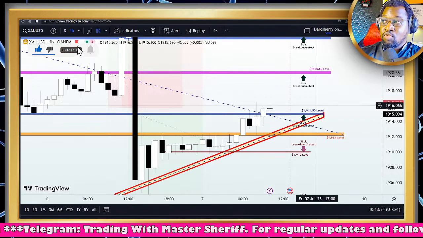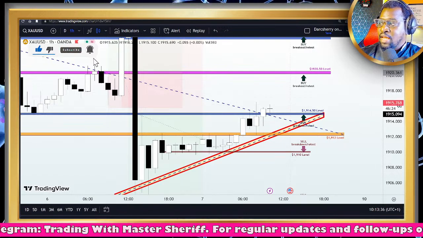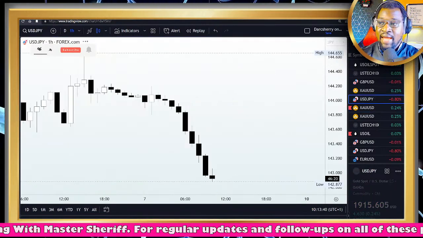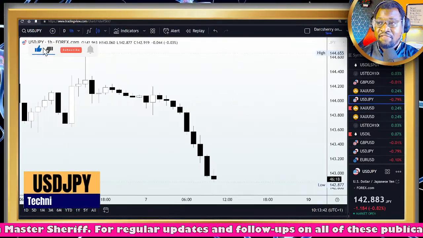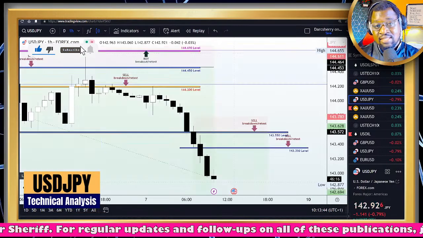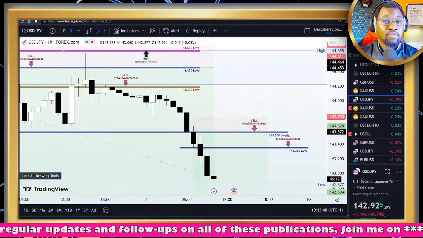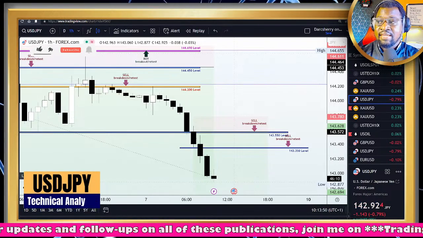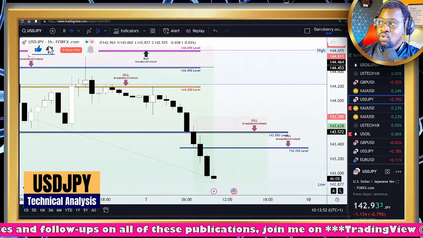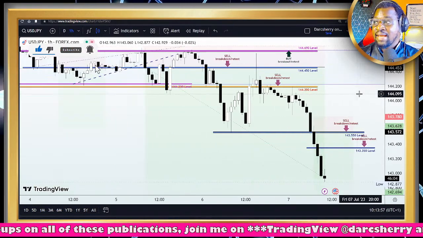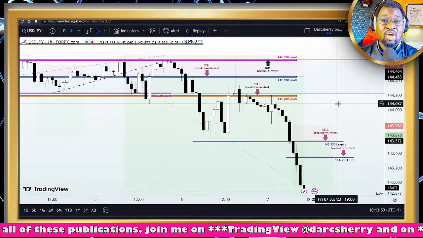So we shall be moving right into the last instrument on our watch list for the week, which is the USDJPY. And in fact, in the last 24 hours in this market, the USDJPY is the most simple and most profitable trade for us in this community. So let's run through what has really been going on in this particular market and how we took advantage of this